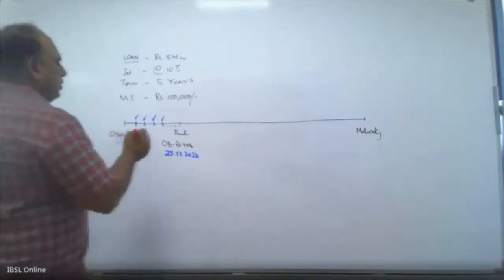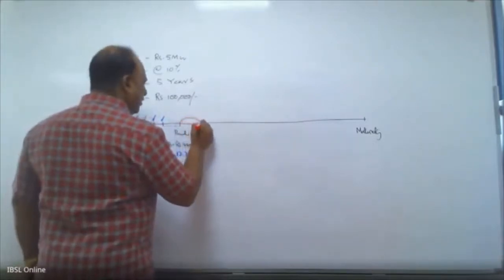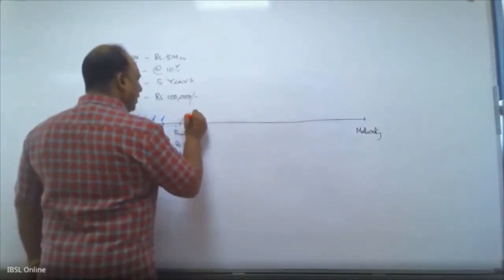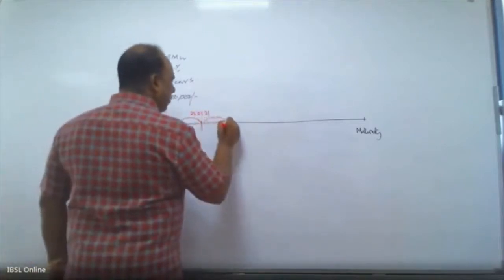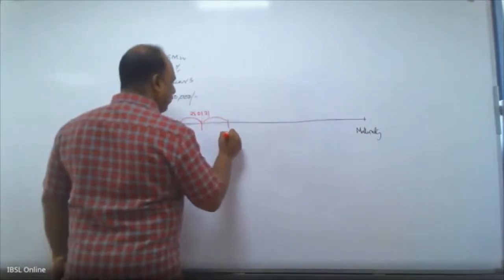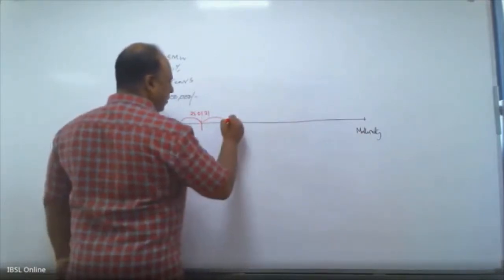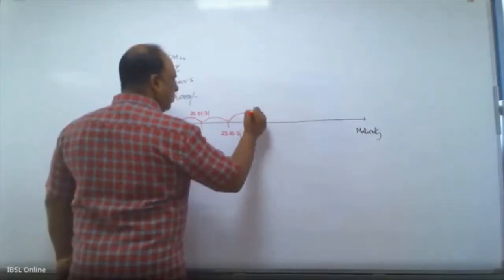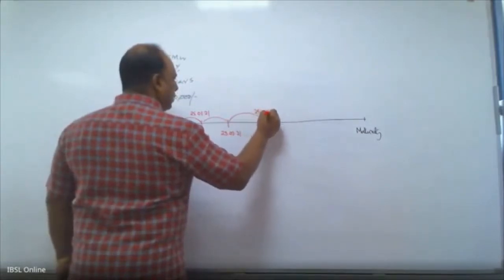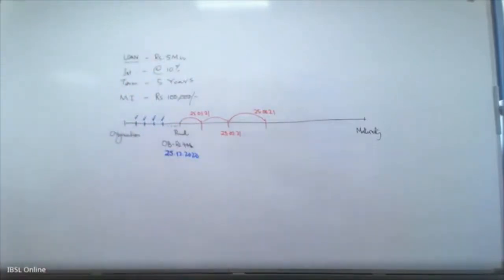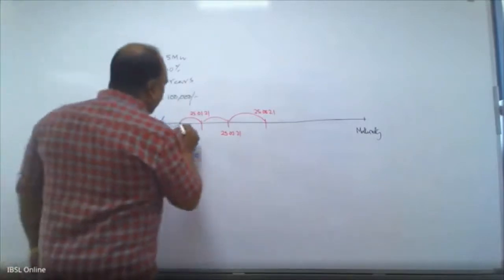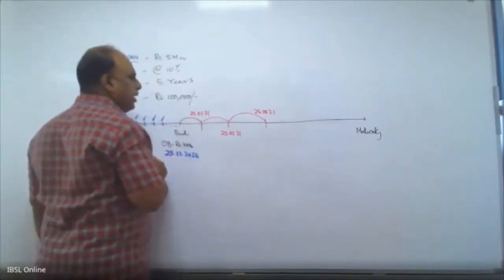So now the next installment is due on 25th of January 21. And the next installment is due 25th of February 21. And the next installment is due 25th of March 21. I'm just keeping it to that for the timing, and it will go on as it is. Now I'm going back to the timeline. Let's assume that we have reached 25th of January 2021.